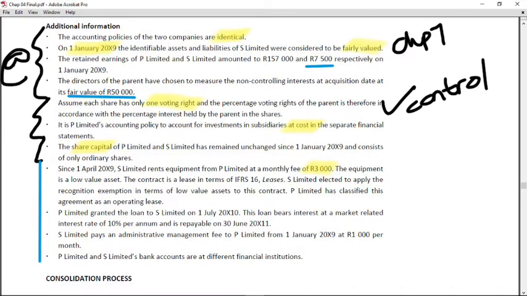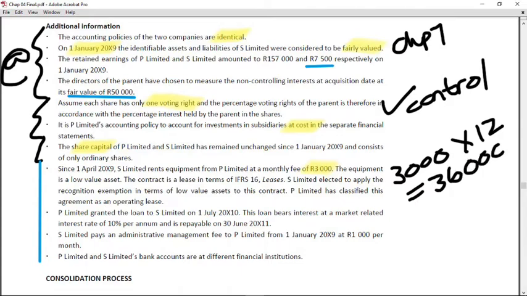Remember, in the current year, we saw an amount of 36,000 Rand for rent expense and rent income. This now confirms that that is intra-group. And the 36,000 is because it's 3,000 Rand per month for the full current reporting period 20X10. That gives me that 36,000 Rand on the trial balance, and now I can conclude that that is an intra-group